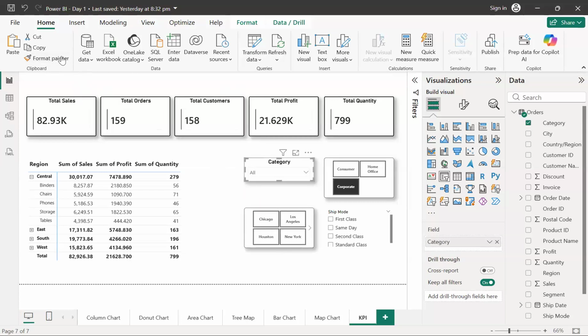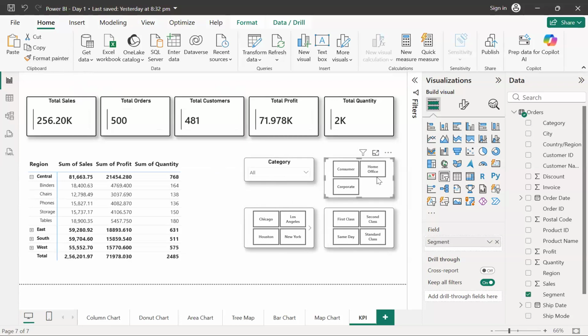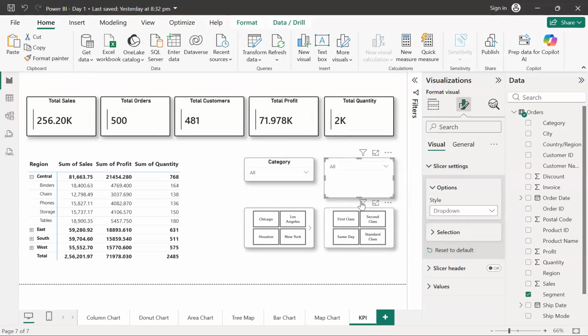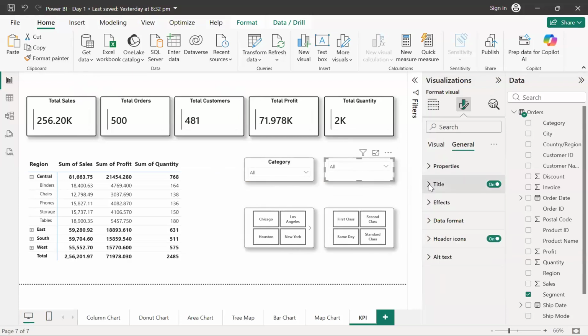And exactly the same thing, we can copy it over here. Okay. Now right now everything is coming in a tile format. So at least for this one, I can bring it into the drop down again, because this is similar to a category, because we just have 3 categories inside it.